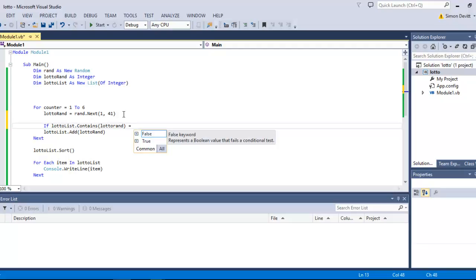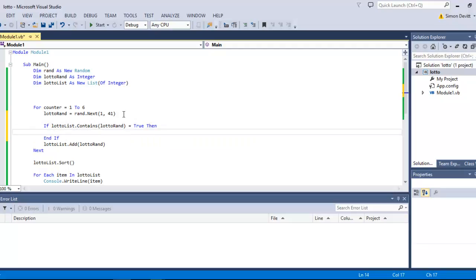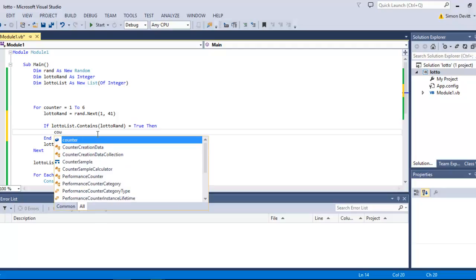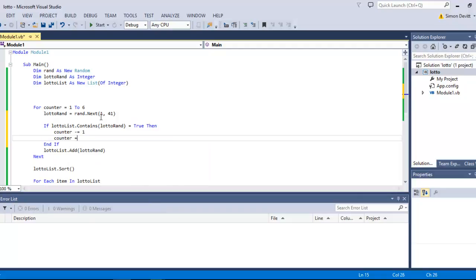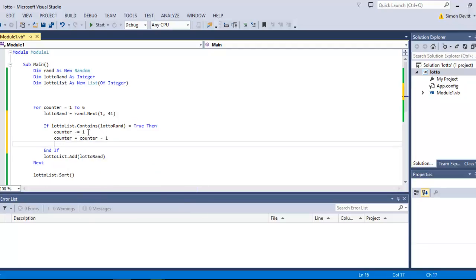Okay, and if it does, what should we do? Well, a couple of different ways around this. If the list already contains the Lotto random, what I'm going to do is make the counter here get one smaller. So whatever counter is, I'm going to make it get smaller by 1. That line of code is the same thing as this line of code, where we can take off 1